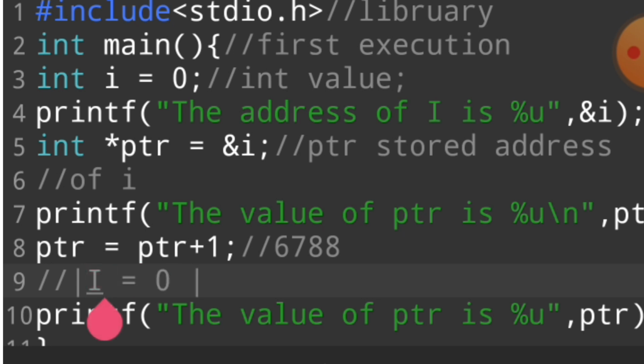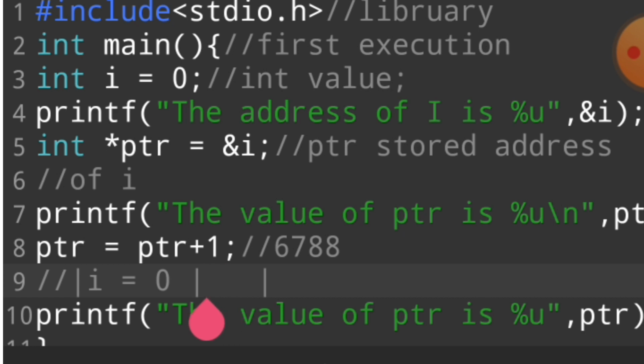If i is equal to 0 is stored in this location, then ptr plus 1 goes to another block, and the pointer is going to another block.